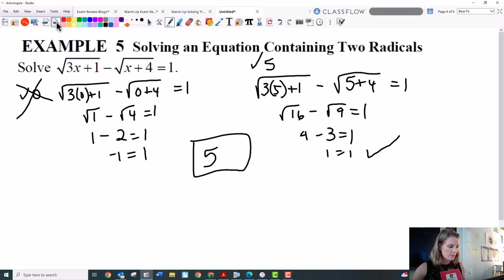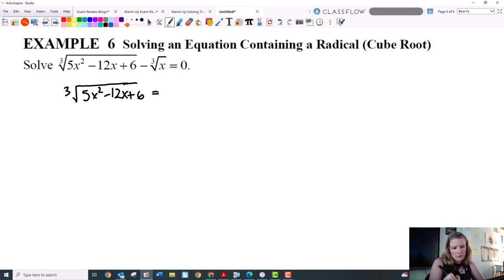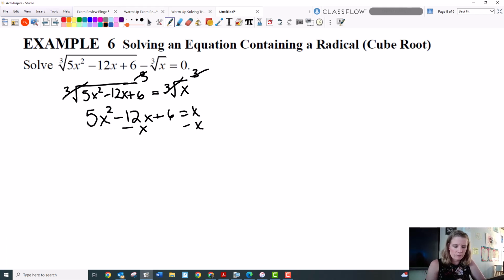And example 6. So if I have cube roots, I have to do the same thing, get one of the cube roots by itself, but this time I'm going to cube both sides. So I'm just going to move the cube root of x to the other side. And now when I cube both sides, the cube roots both cancel at the same time, which is nice. So I get 5x squared minus 12x plus 6 equals x. Move the x over. So I have 5x squared minus 13x plus 6 equals 0, and I have to factor